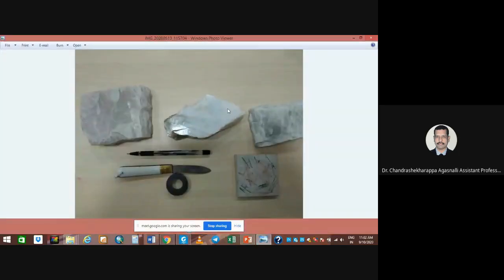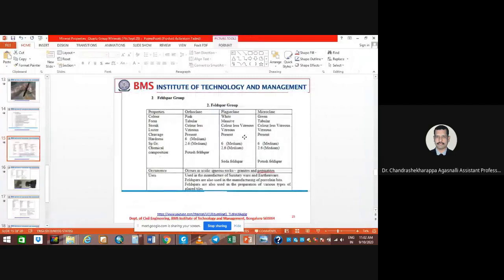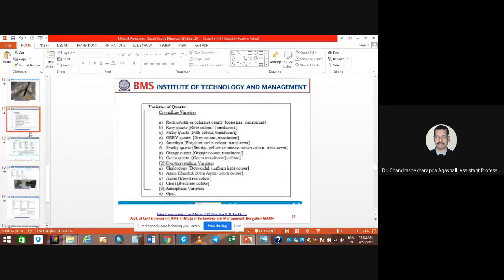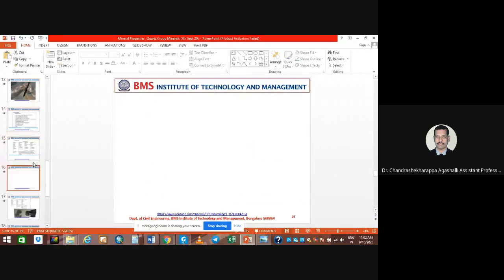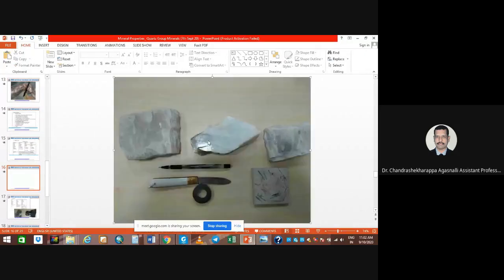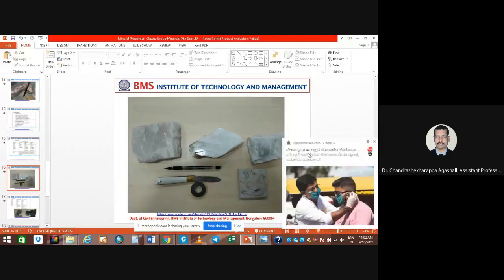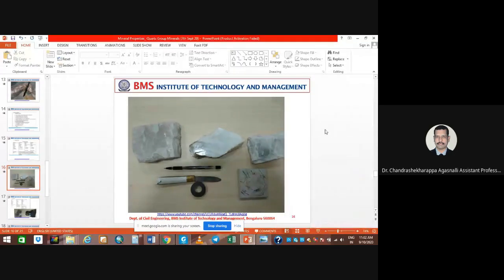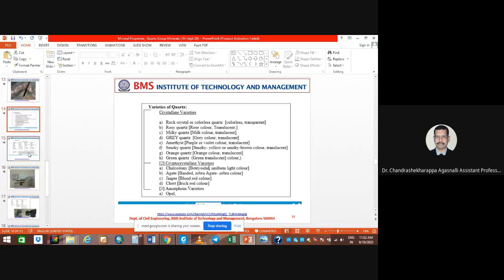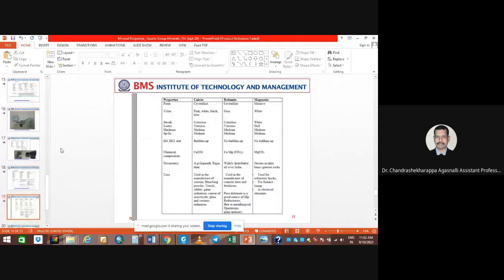So let me just put that here. Okay, that would be the difference. So these are the feldspar group of minerals. So this is how things are here, and now,